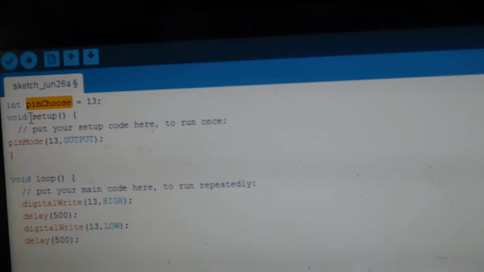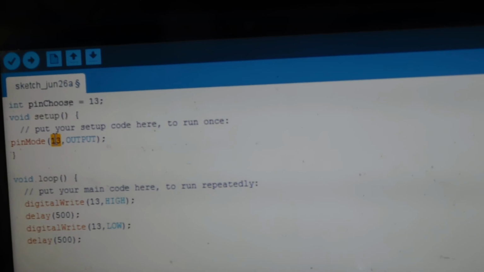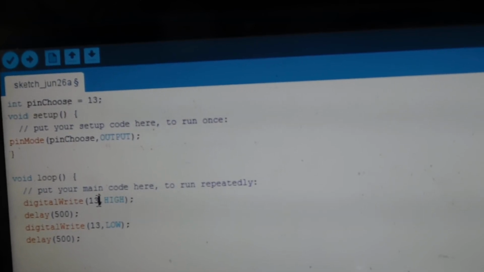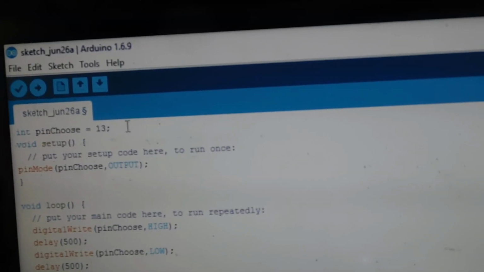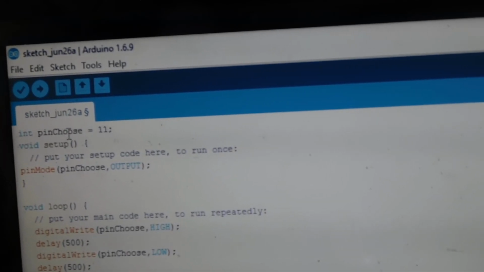Now what I can do is just copy this, put it here, put it here, put it here. So the benefit that it is giving is, if I want to choose another pin, okay, 11, it automatically gets 11 in the whole code.